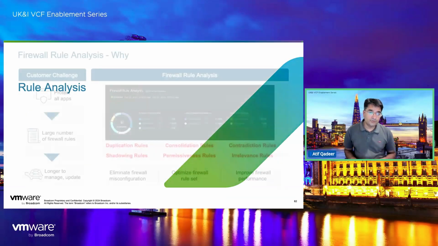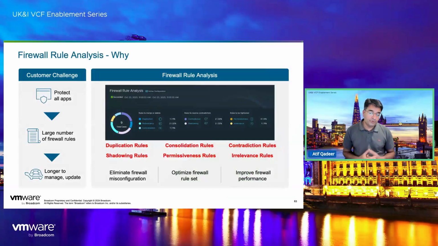Now, rule analysis is quite an important one. When we look at the rule analysis, it can happen as a mistake as well, because we are human. Irrespective of how good your API systems, processes, and blueprints are, and irrespective of what front-end technology you're using, like Ansible, Terraform, or even VRA, mistakes can be made, and that's the reason we created this, where we can look at